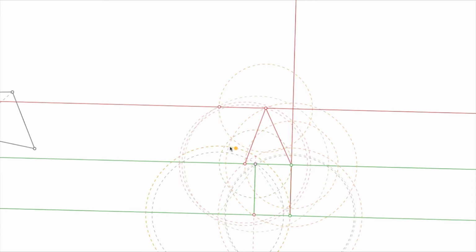So now that we've gotten this far, we need to, of course, bisect the base and then complete the parallelogram. This will be easy, of course, because when we bisect, we will get a line at right angles, which is the angle that we're looking for. And so all we'll have to do then is see where that line takes us, and we'll have completed our parallelogram. So to bisect here,